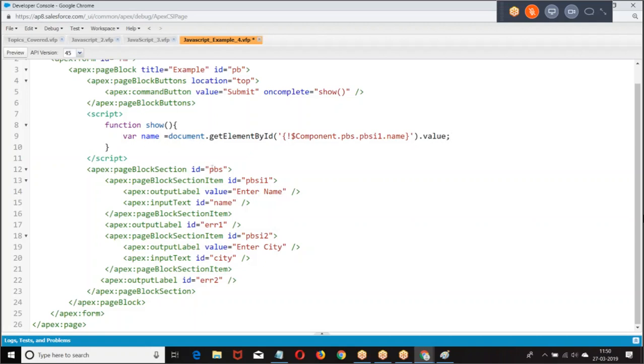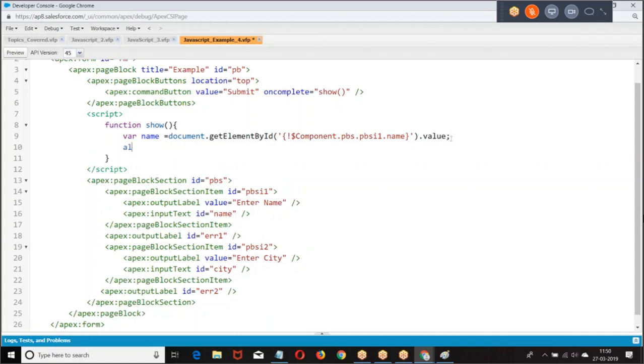Now from here, what is the path we have? Page block section, section item. Now let us see. Dollar component dot, the remaining path.